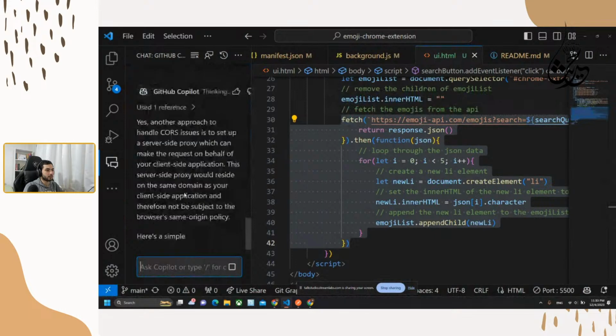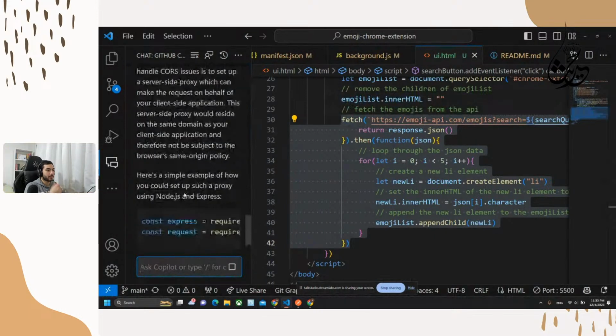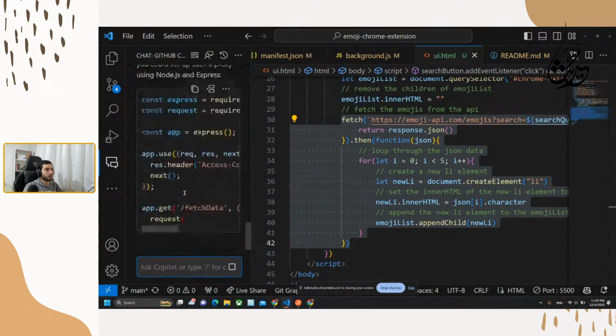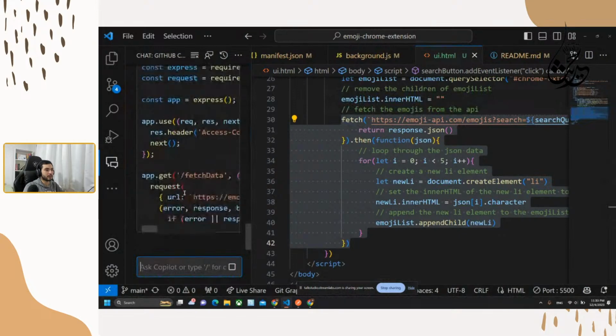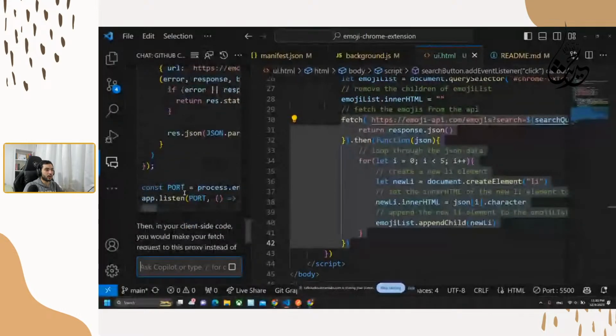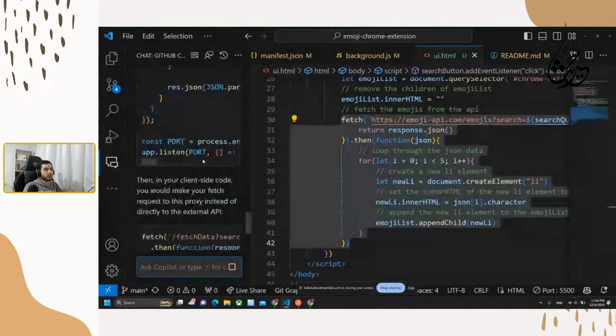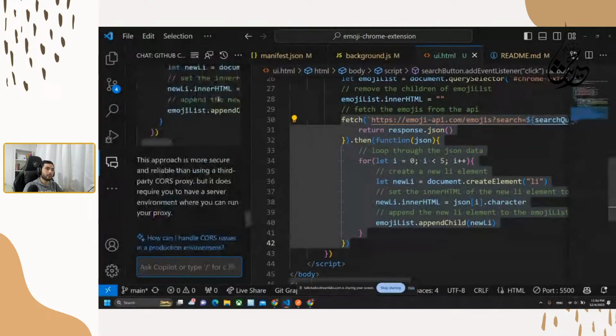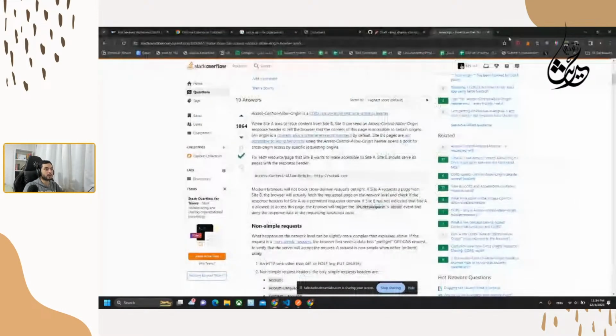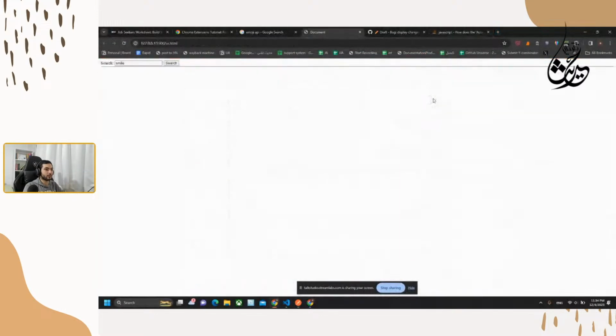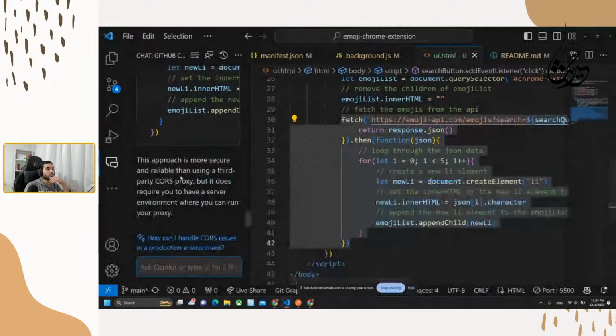which is we could set up a server-side proxy. We could do that through, okay, that makes sense. So I will do that at the end then. This is similar to what an open source Chrome extension is doing, when they have a server working in the background and they are getting data from that server. But what I could do here is